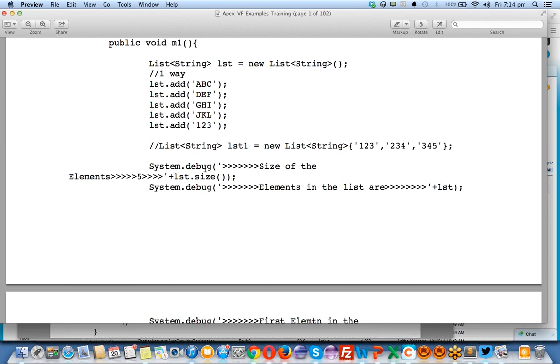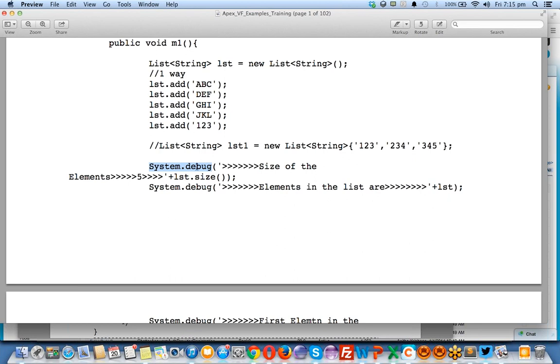You need to use this System.debug statement a lot in your organization to debug the code inside your Apex classes properly. System.debug is a simple standard system method inside Salesforce to access the current value of any variable, list, collection, anything. Now I want to see the size of my list.